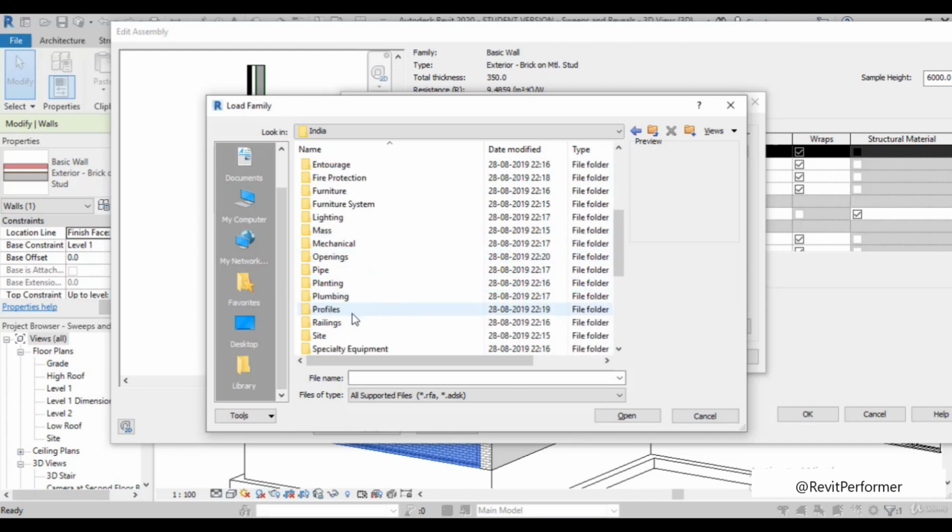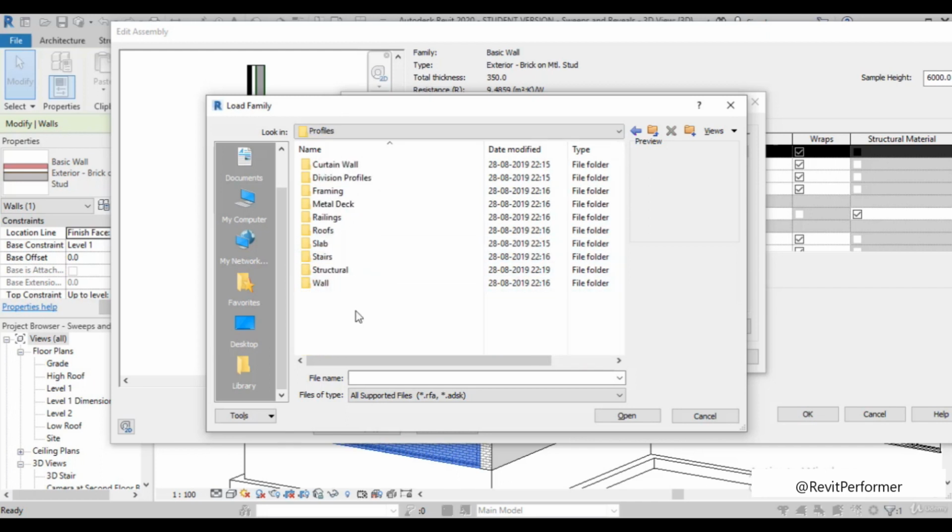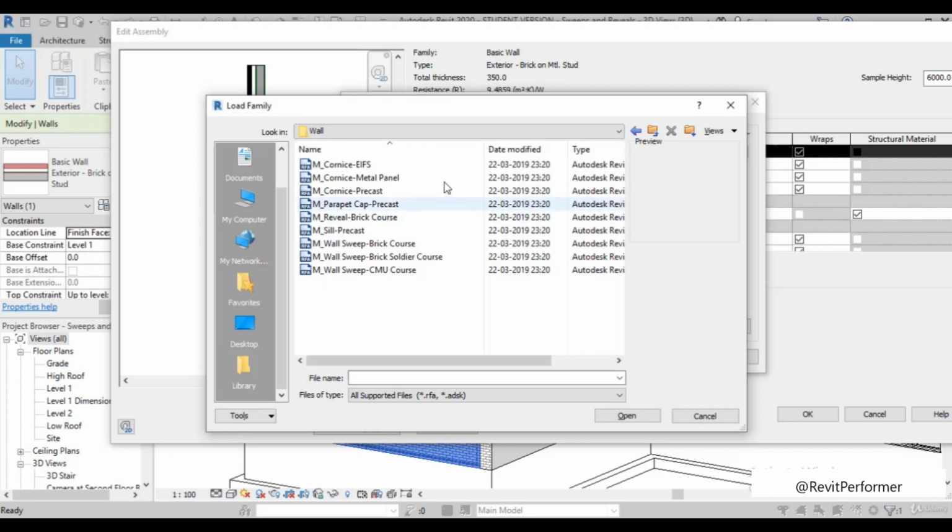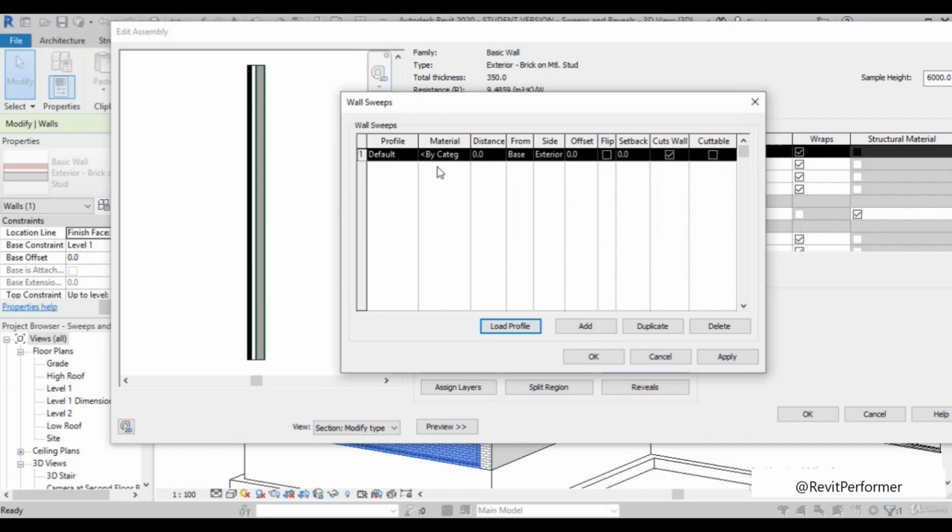In this India, this is Profile. In Profiles, I have a wall option. In this wall option, you can see this is Soldier Post. I want this type of profile in my model. So what I have to do is just select this and go to Open. When I go to Open and apply it,